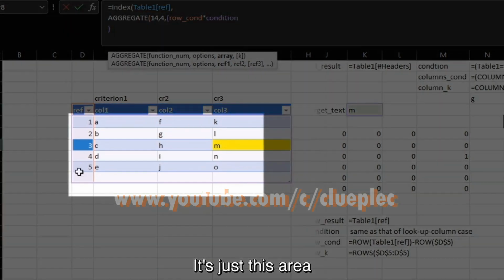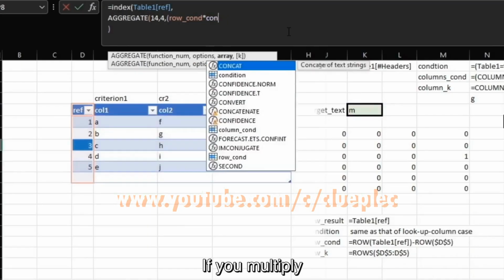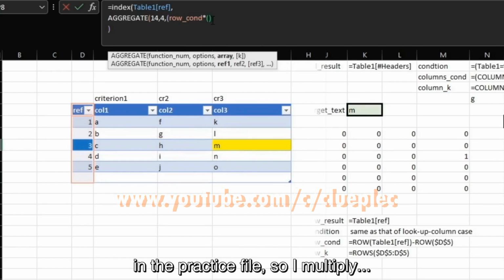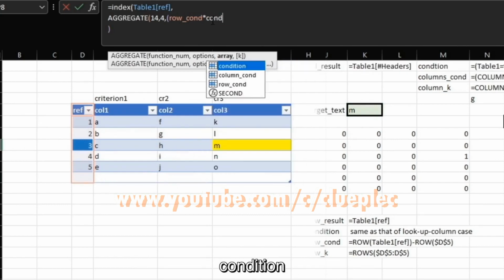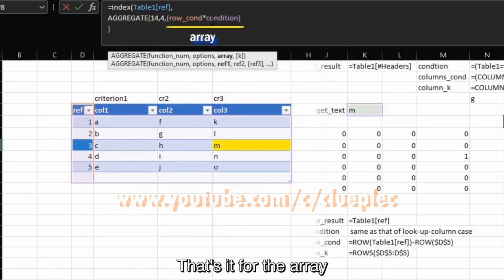It's just this area, Table 1 equals target text M. If you multiply bracket Table 1 equal to target text, which is this M, they are the same. It's already predefined in the practice file. So I multiply condition, just use the predefined condition. That's it for the array.